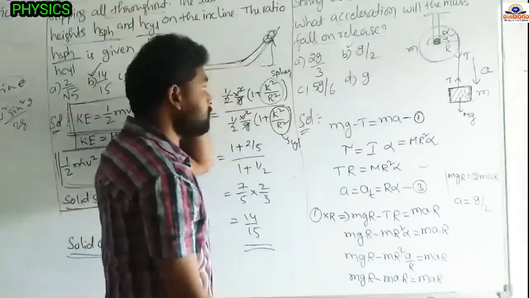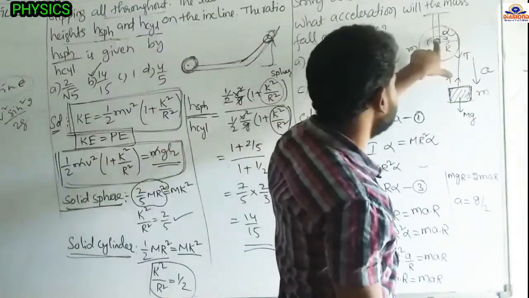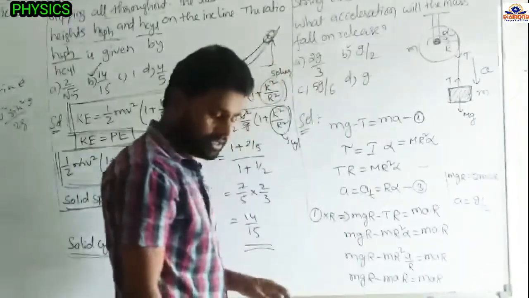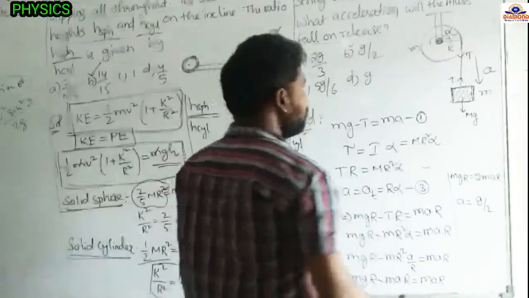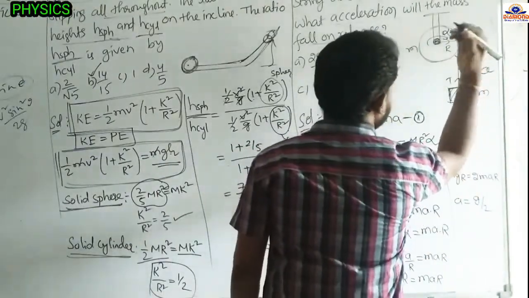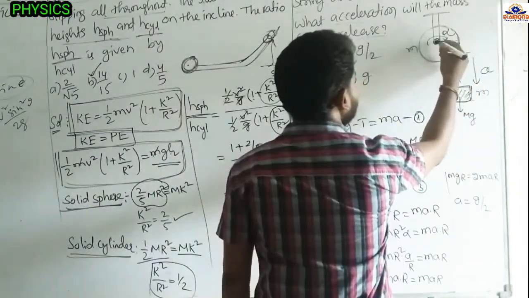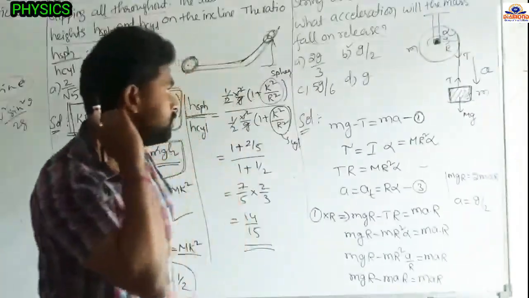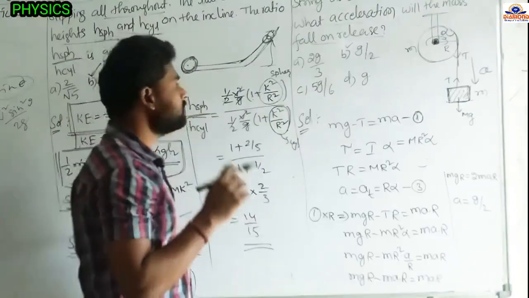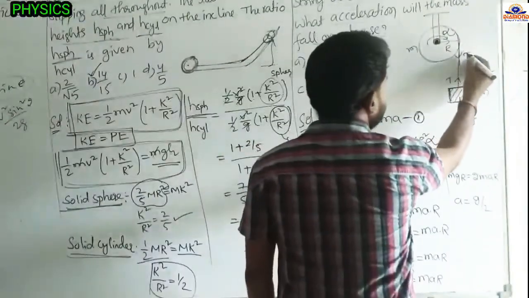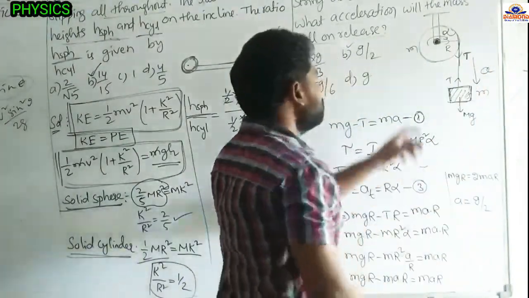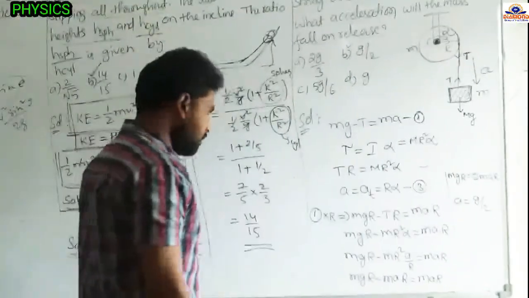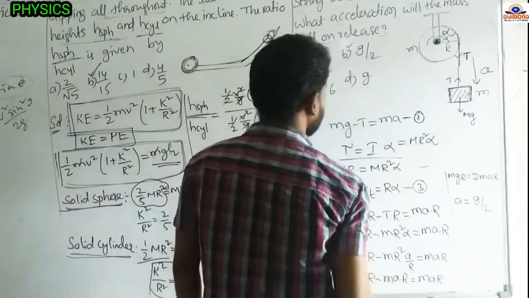Now this hollow cylinder is rotating about this axis. So the rotation is due to which force? Due to this tension. It is not due to its weight, because the weight passes through the axis, so due to the weight it should not rotate. It is rotating due to the tension. Now the torque developed in the cylinder: the formula is torque tau equals moment of inertia into alpha.